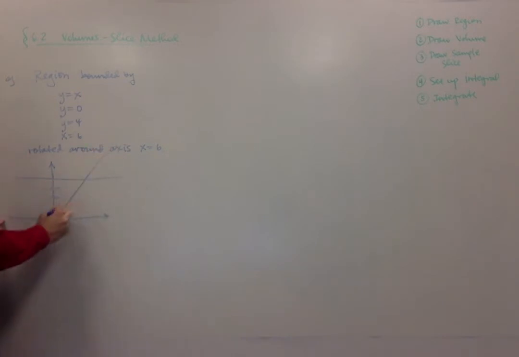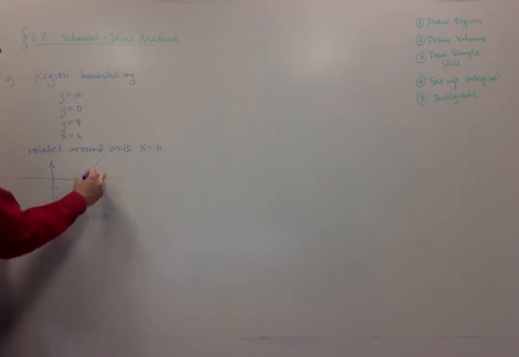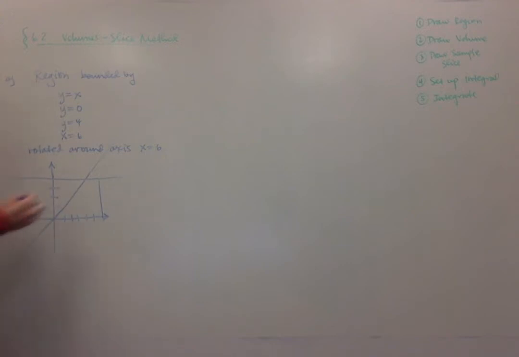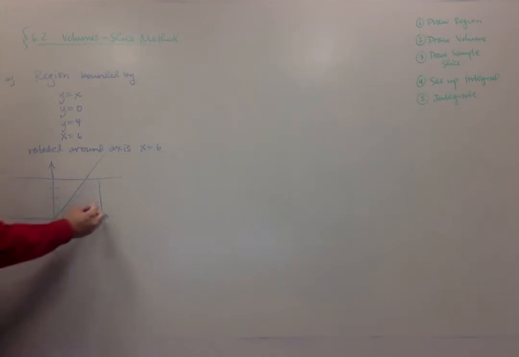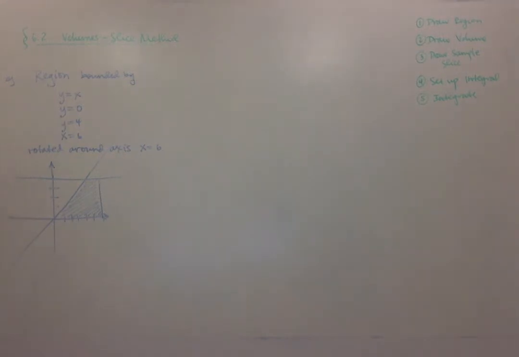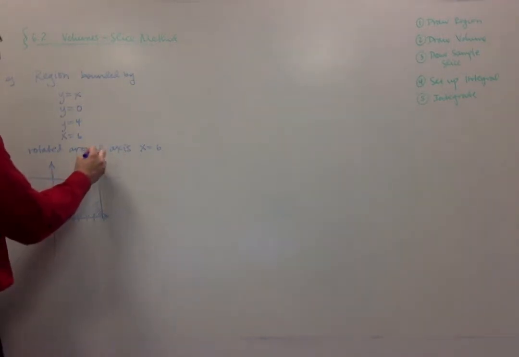And x equals 6. So 1, 2, 3, 4, 5, 6. So this is the line right here. So what they want is this region right here. That's the region bounded by all 4 of those together at the same time. That's the region we want, and we're going to rotate that around